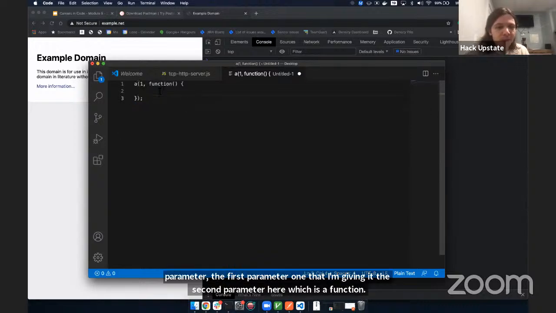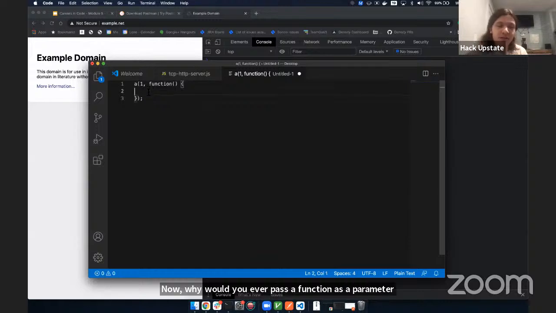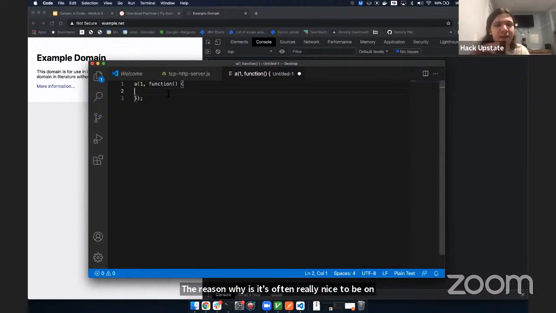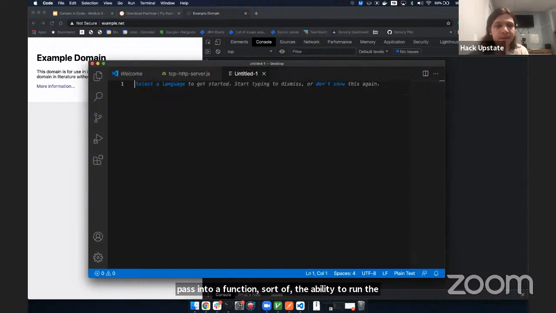Now, why would you ever pass a function as a parameter to a function, you might ask? Well, you probably already know the answer since you've talked about callbacks a bit. The reason is it's often really nice to be able to pass into a function the ability to run code in an external context. What do I mean by that? Well, a great example is a click handler. Let's say I have a sort of